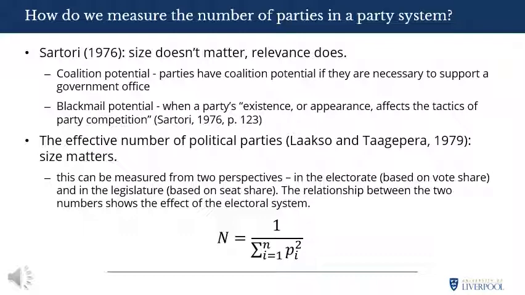So let's have a look at the UK. For most of the period between 1945 and 2010, there have been no formal coalitions. Governments were formed by either the Conservative Party or the Labour Party, and so the UK's party system was two-party under this understanding. Only two parties were relevant. Even in 2005, when the Lib Dems won 62 seats, they would be seen as irrelevant under Sartori's definition because they were not needed to support any party in government, nor did they really change the pattern of party competition, which was focused on winning the median voter in the centre ground.